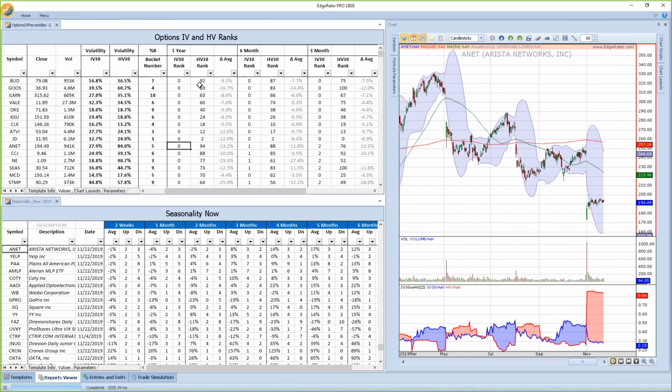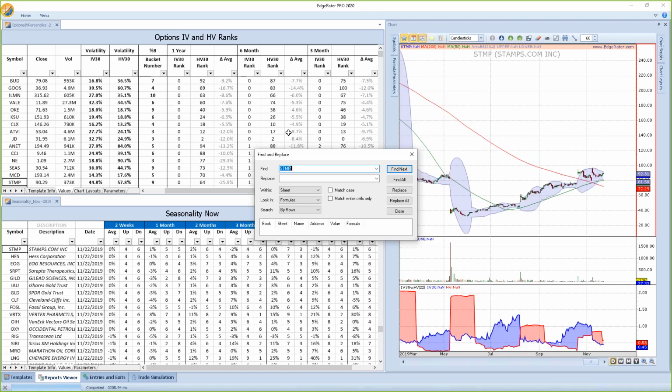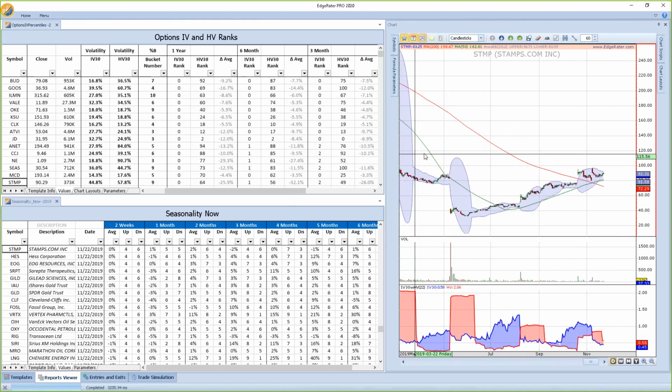And this was a way that Dave McMullen was searching for some stocks. He had sent me a good trade that he made. One of the things he was looking for was a difference between the historical volatility and the implied volatility. He was looking for cases where historical volatility was a lot higher than implied volatility. And he found a couple of good trades. I think the one that he sent me was a trade in STMP. Let's see if we can bring that up. STMP. Stamps. No idea what they do, but